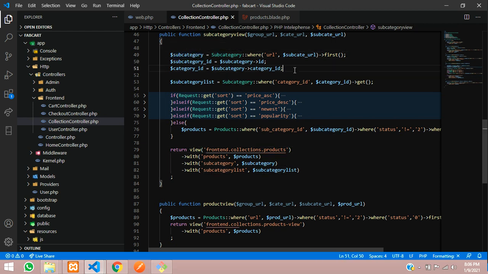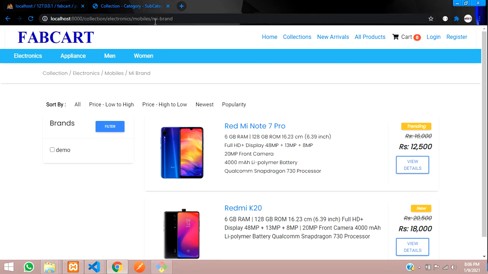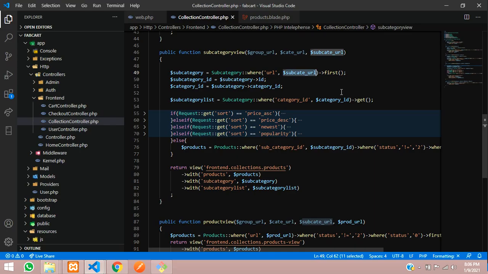Okay, so from there only you will fetch the ID. So this is your brand, the subcategory URL. The subcategory URL means this my brand which you are filtering, that only code I am getting over here, and from that code I am filtering and then getting its category ID from it. So that category ID I am storing over here, which is category ID, and then getting the category ID and then filtering from its subcategory table. Okay, then after this I am just taking this subcategory list and passing into this.